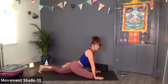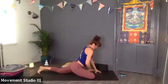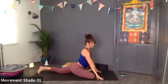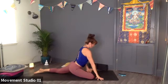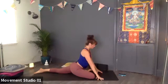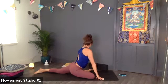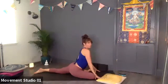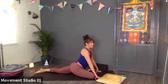So we're landing in pigeon. So the right ankle is roughly behind the left wrist here. Now, depending on various things, anatomy, flexibility, you might be able to get your ankle a little bit further forward. It's really not essential. It will give you a stronger stretch. What's more important is that you're not leaning over to one side. So if you find that your right hip is disappearing away from you down towards the floor,